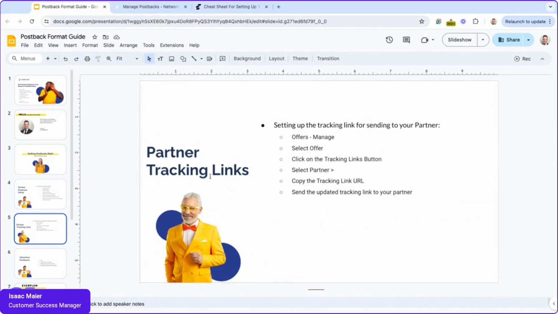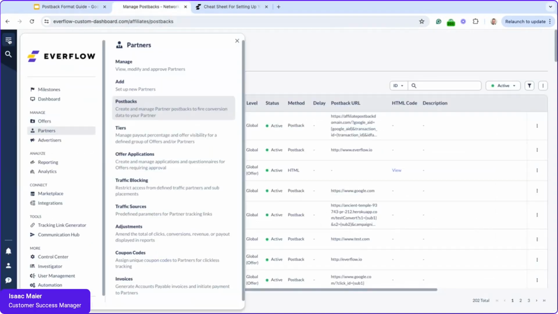So jumping back into our presentation, we don't have to do the full slideshow. We can just jump right into your partner tracking links. Let's jump into grabbing a partner tracking link and how you do this. So luckily, we've made it pretty simple. Essentially, you just go to your offer,